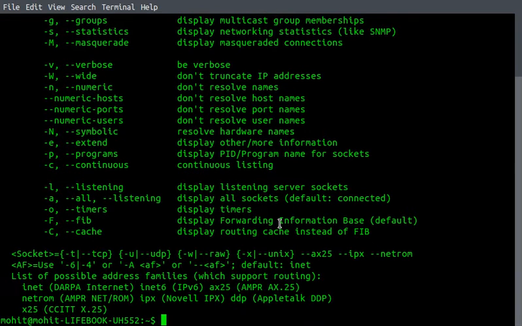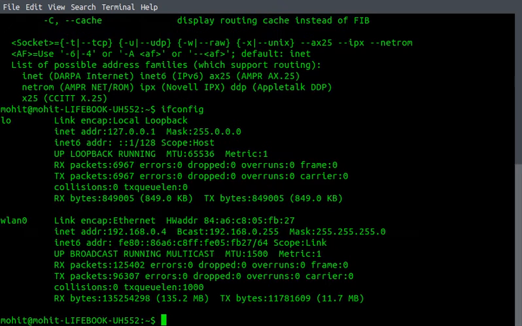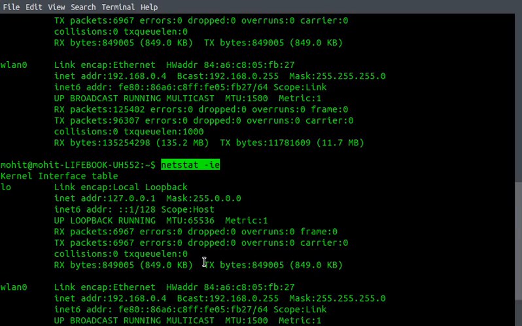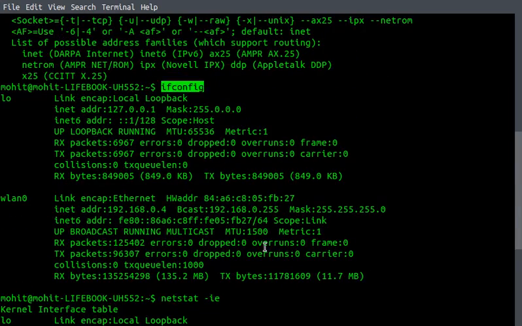Now the first important thing is to check for the interfaces. If I check with ifconfig, I have two interfaces on my system. One is the localhost and the other is the wireless LAN. I can get the same information if I do netstat -ie, that is interfaces and extended. So netstat -ie is actually giving me the same output as ifconfig.